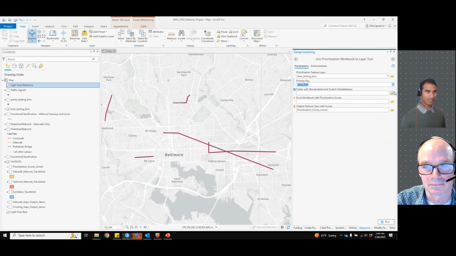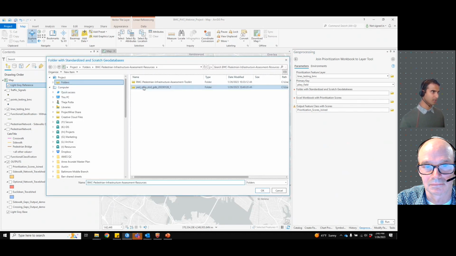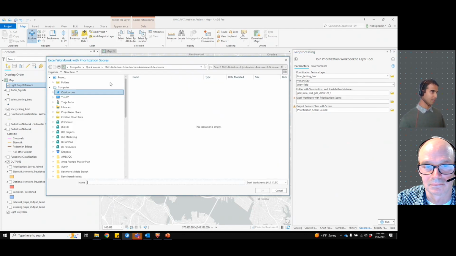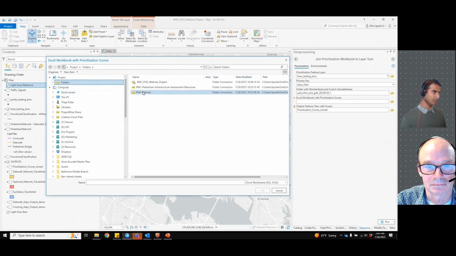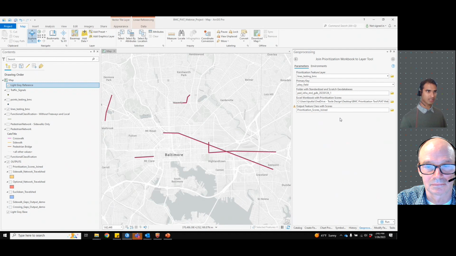Then you need to select your standard geodatabase, because that's where all the backend processing happens. And then you need to select your Excel file, which was saved before. So in this case, it is this file here. So you selected it,